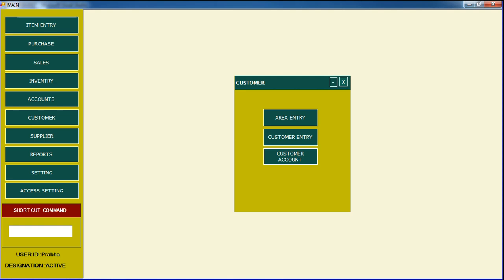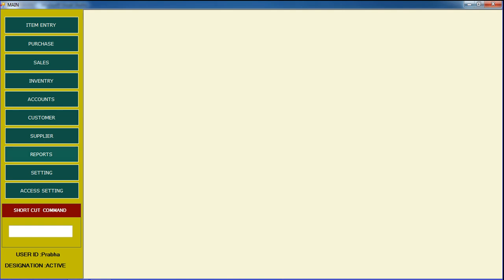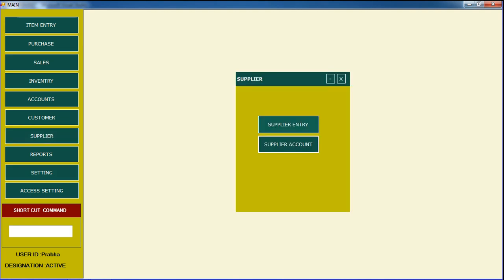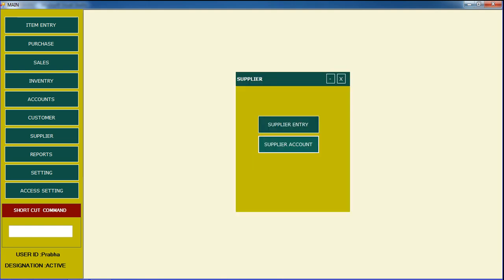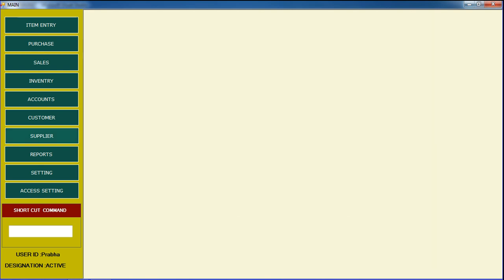So customer also I told you. So here report, customer, and then sales, and then purchase, and then entry, these 5 events of concept I told you here. The pending concepts are setting, and then supplier, which I think is also simple, same as update and delete, who is the supplier. This concept I also told you. This one is also not important. So report, supplier, customer, sales, purchase, inventory, all of this I told you.